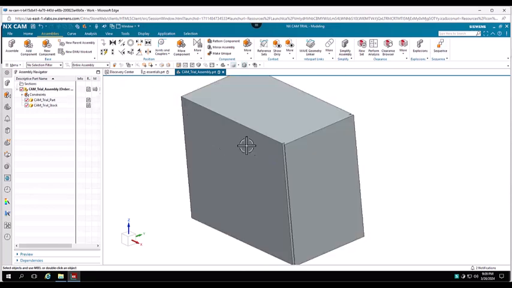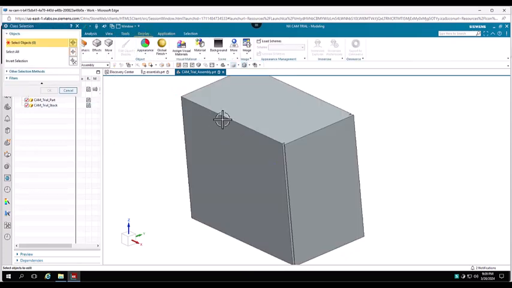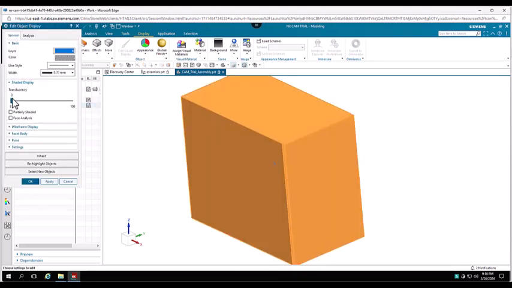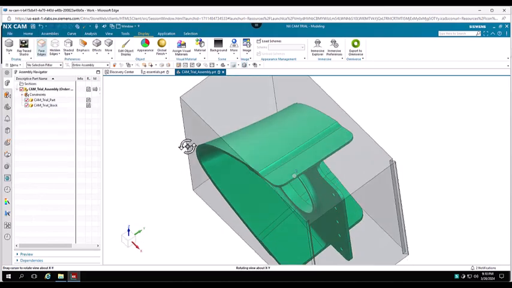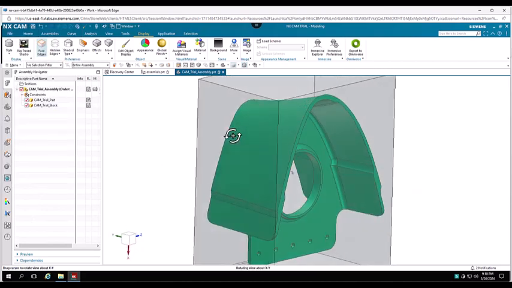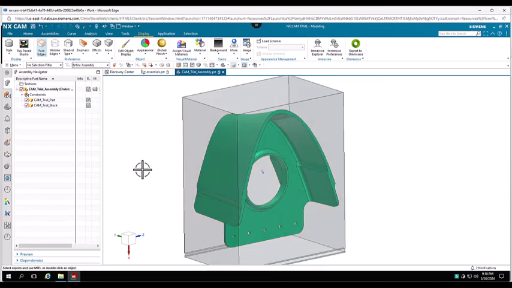So now I'm just going to make this translucent so we can see the two. If you go to Display, Edit Object, and select your part, and click OK, and then you got this translucency bar, and you can drag that to make it as translucent as you want. And click OK, and now you have a part file with your stock on the top of it that you can use for your